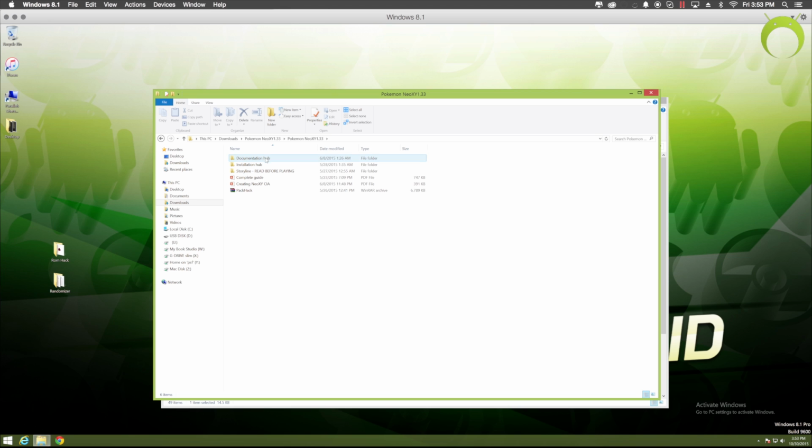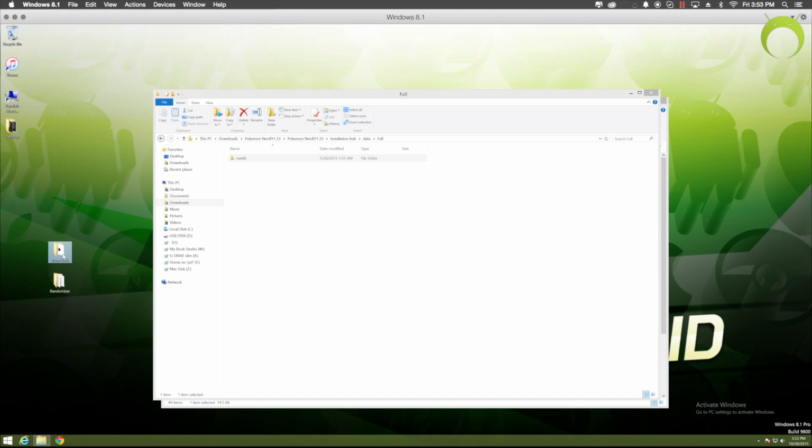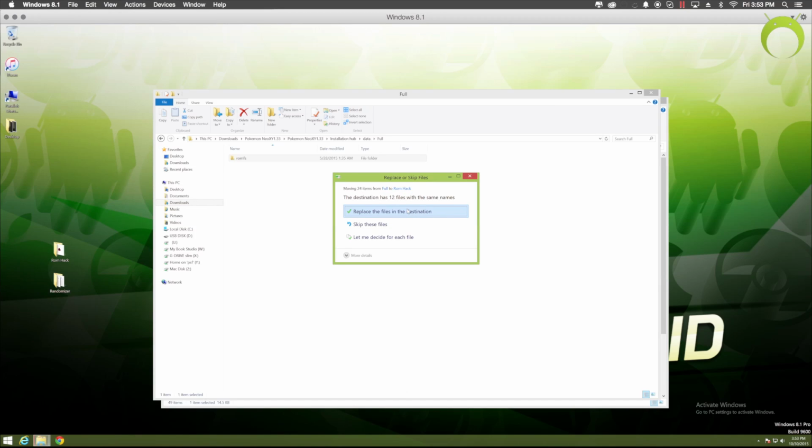Then you're going to open the folders that I opened specifically so that you can get to the right spot. So make sure you follow what I'm doing on screen. Once you do that, you're going to go into the data folder, and then you're going to see that there's a full and light version folder. So if you want to get the full version, you're going to open the full folder, and then you're going to drag the ROM FS file into your ROM hack folder that we put on our desktop, and it'll say, would you like to replace the files?